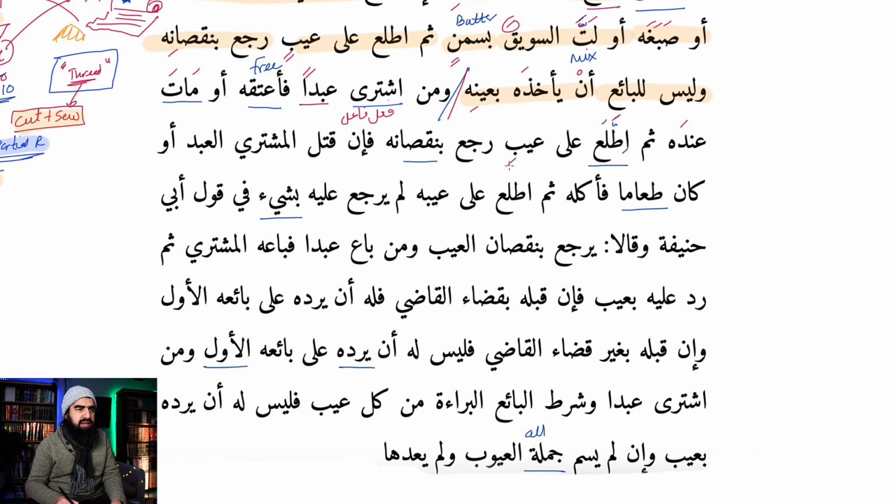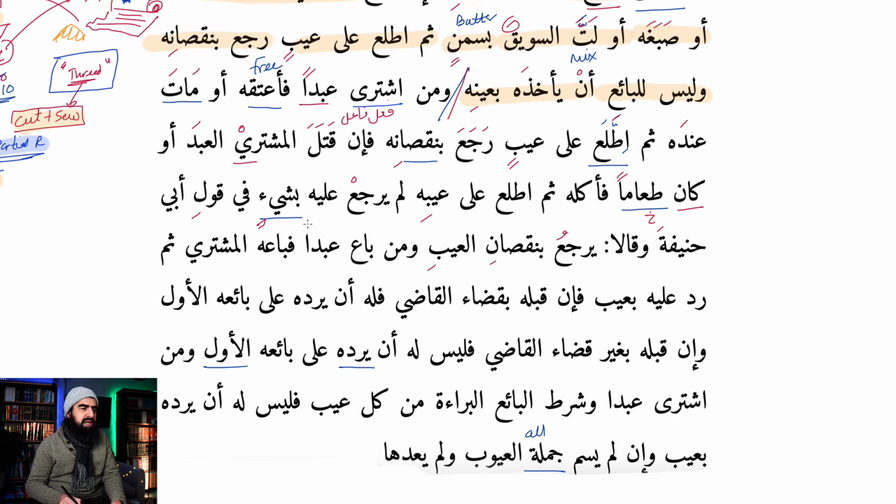ثم اطلع على عيب جار مجرور. راجع بنقصانه فإن قتل فعل. المشتري. Now, why does this have a sukun? Why doesn't it have a dhamma? Put it in the comments if you know. العبد is the مفعول به. أو كان طعاما. كان is the khabar of كان, and the ism is inside of كان. فأكله ثم اطلع على عيبه لم يرجع عليه بشيء مجرور في قول أبي حنيفة رحمه الله وقال يرجع بنقصان مضاف